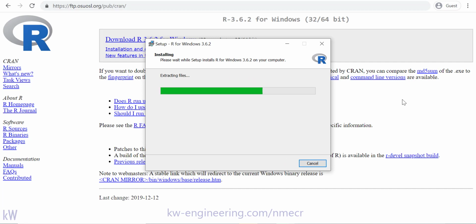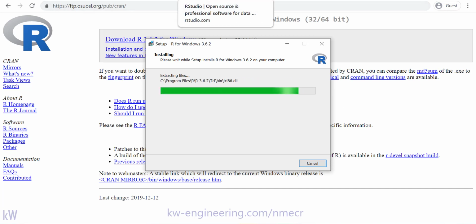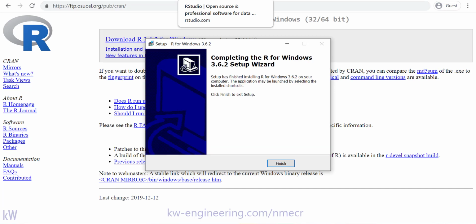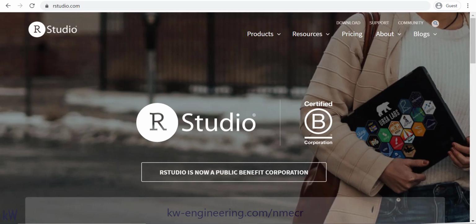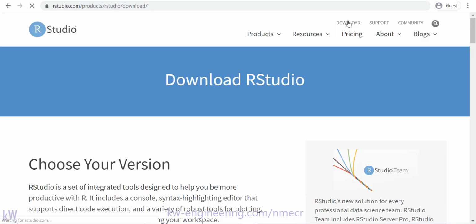Once R is installed, we're going to install RStudio. R is the underlying programming language and basic libraries. RStudio is a user interface for working with our projects. So once the R installer has completed, let's navigate to rstudio.com, go to the download link,